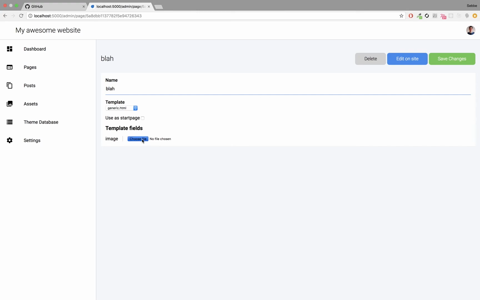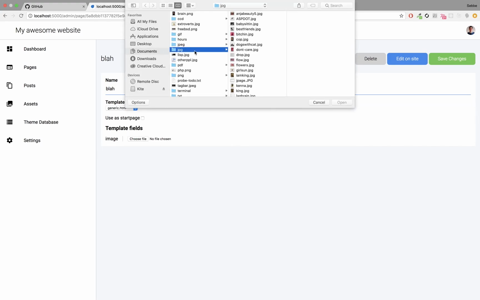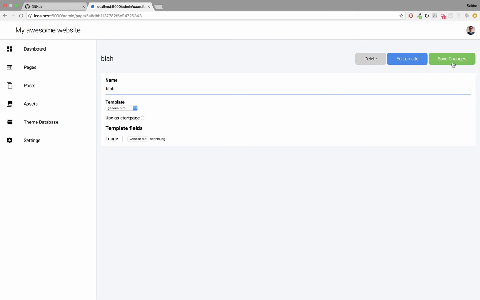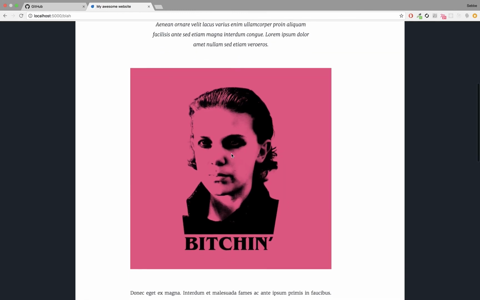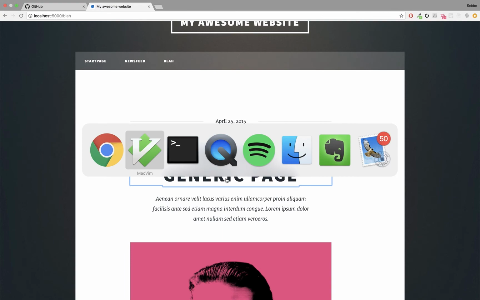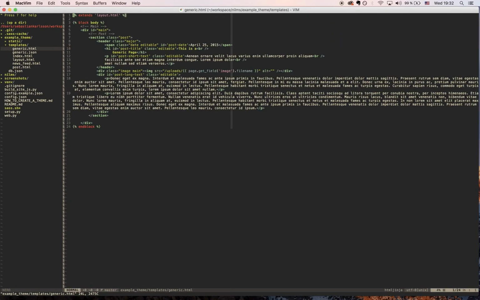So if I choose a file here, and let's do this one, and I save changes, you can see if I visit this page, it will show here. And this is because the generic.html file looks like this, and I do page.getField image.filename. So I could add another file here if I wanted to by doing